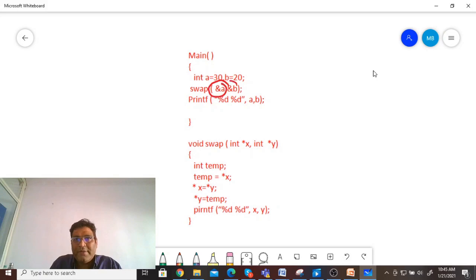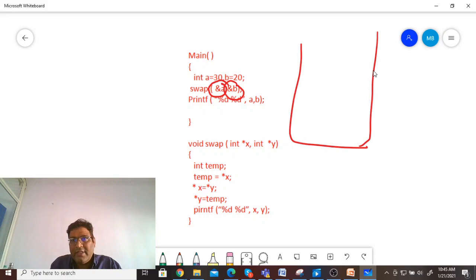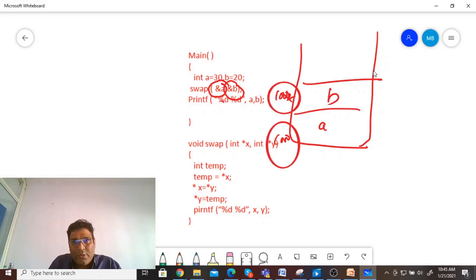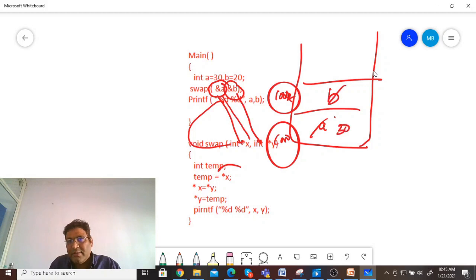What we are going to do is use ampersand A. If A is at 1000 and B is at 1002, then we are going to take the memory location of that. So we are copying this value here. Then we change the value at the memory location, so this becomes 30 and this becomes 20.